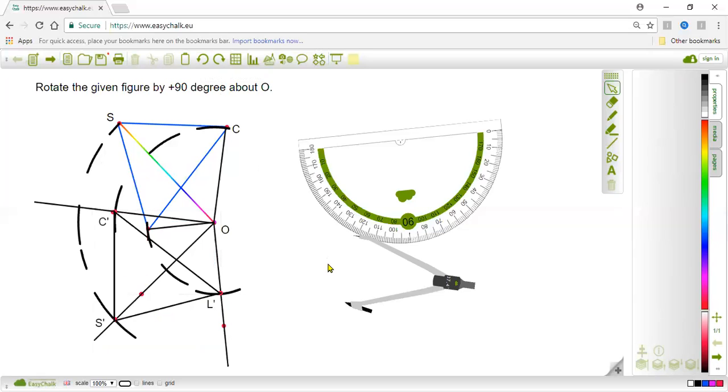Here this is the way of doing the rotation by the basic concept. This is the basic concept of rotation. Here we don't use any formula, we just solve these questions by the basic concept of rotation. Here this triangle SLC is rotated to get the new triangle S prime, L prime, and C prime. And this object triangle and the image triangle will be congruent while doing the rotation. This is the basic concept of doing the rotation.